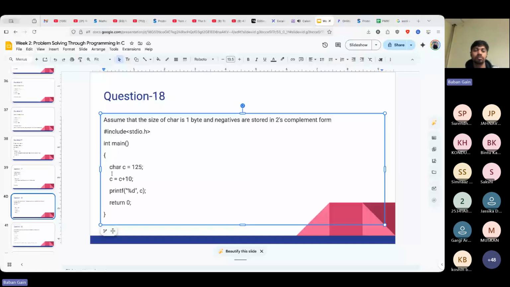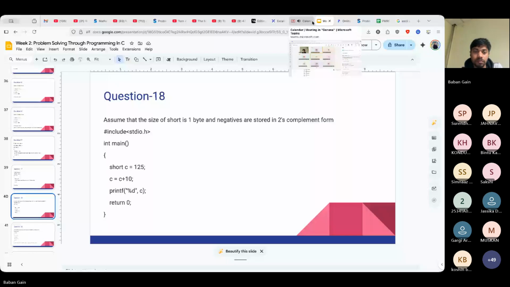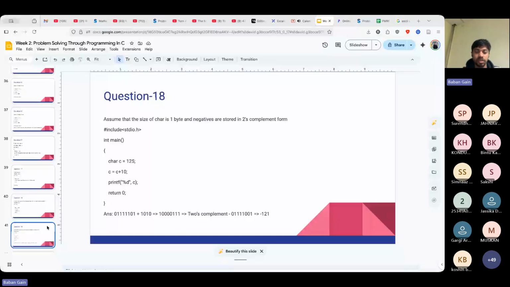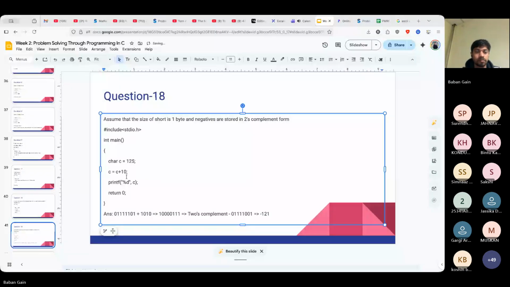Now, instead of character, you can assume this as a short, because characters are generally positive only. So please assume that this is a short, not a character, and I am saying that this is 1 byte only, and it can be both positive and negative. So again, here also let me change a bit. Okay, so what happens is that